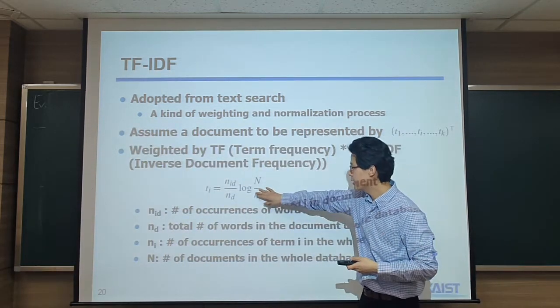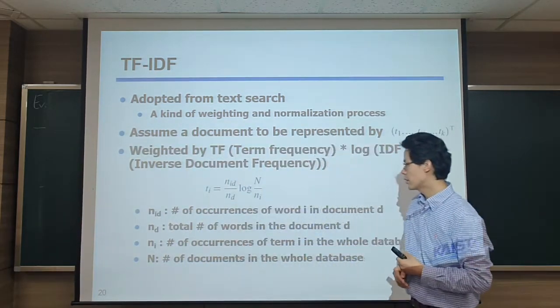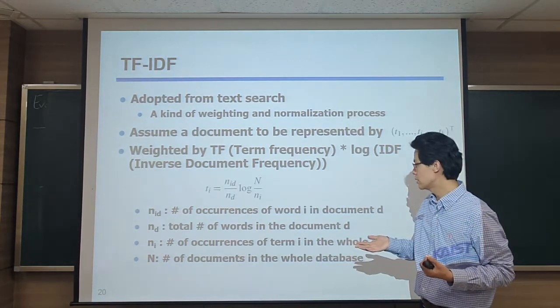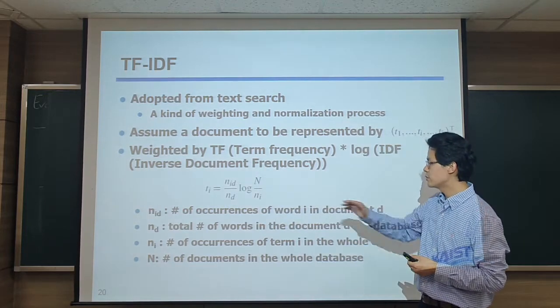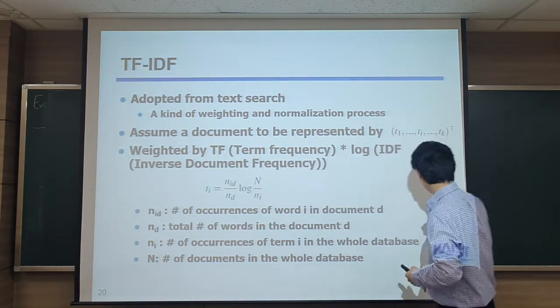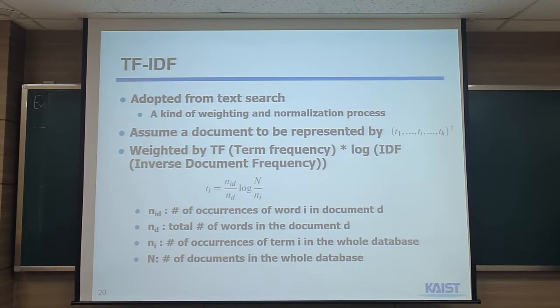Here, if I explain, N_D is the total number of words in the document, and N_ID is the number of occurrences of each individual word in the document. So the main idea is that say there are two images, one with one apple and another with two apples, and then you want to identify